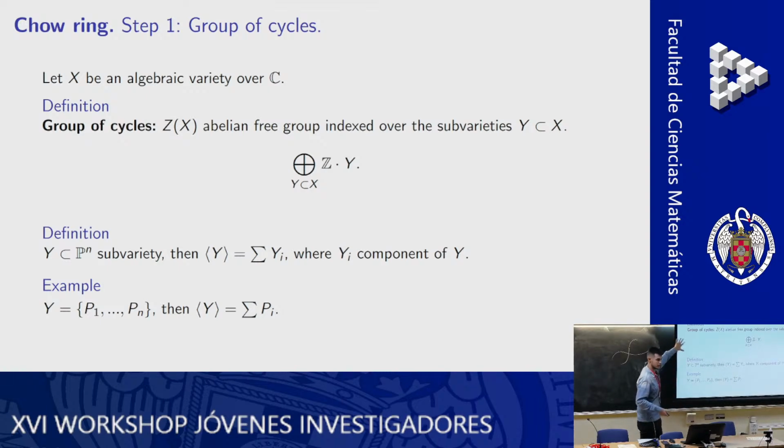Here we are going to construct something that will help us get rid of that information. Just so you know, I'm going to identify the elements of the subvarieties and unions of subvarieties with sums, like if I were to take a set of endpoints, I would understand that the union of the endpoints is just the sum of the endpoints. Okay, I'm going to work with those two concepts interchangeably.